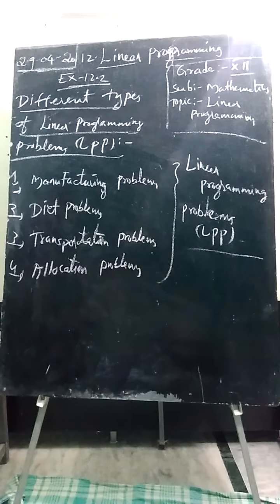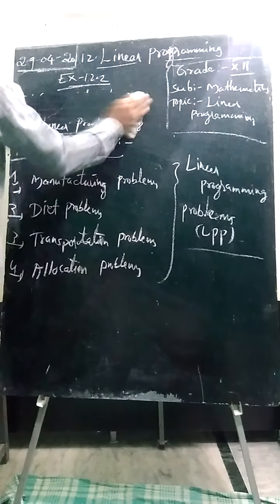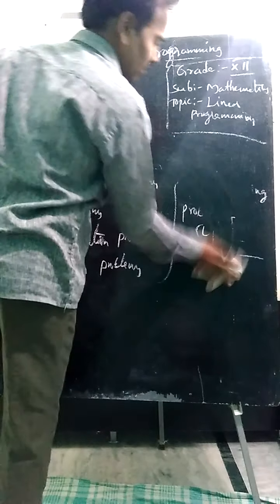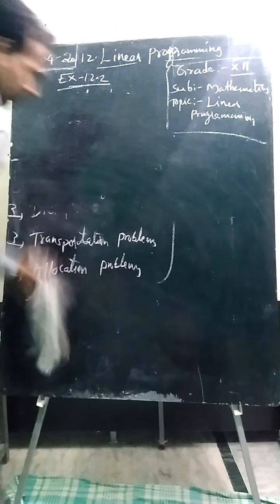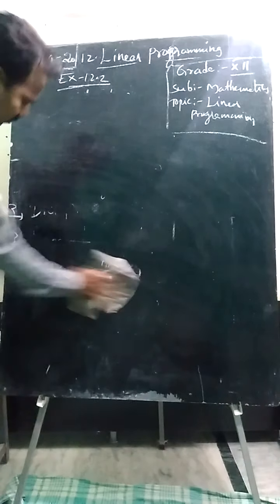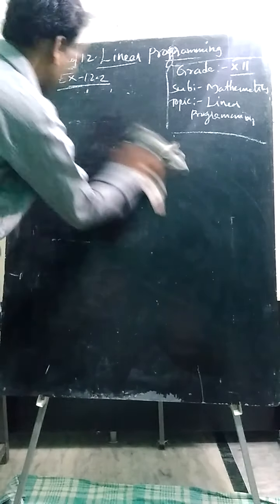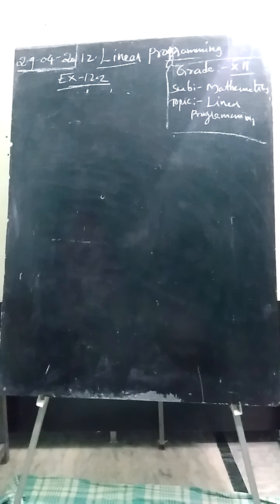Let us discuss one problem based on this. Before applying or solving these problems, first frame the linear inequation and objective function based on the question, and then solve using the concepts of linear programming, that is, maximize or minimize. Here one problem is given. Before doing this, first you should read the question thoroughly, then frame the equations and unknown values. Here it is given that a dietitian wishes to mix two types of foods in such a way that the vitamin contents of the mixture contain at least 8 units of vitamin A and 10 units of vitamin C.